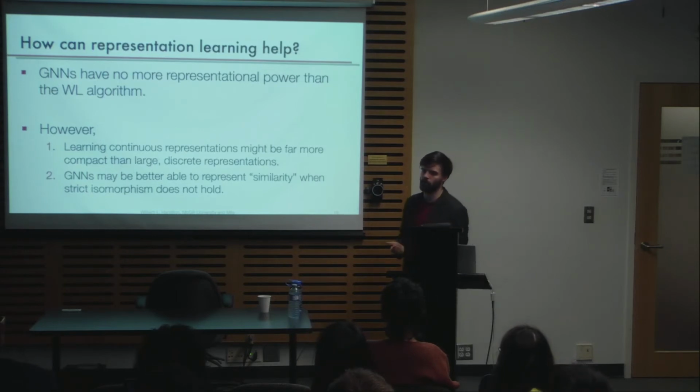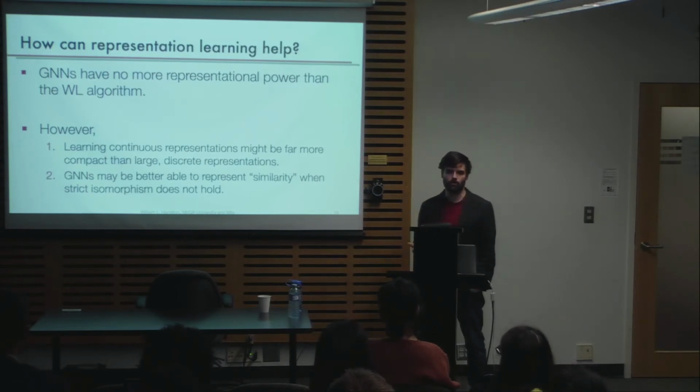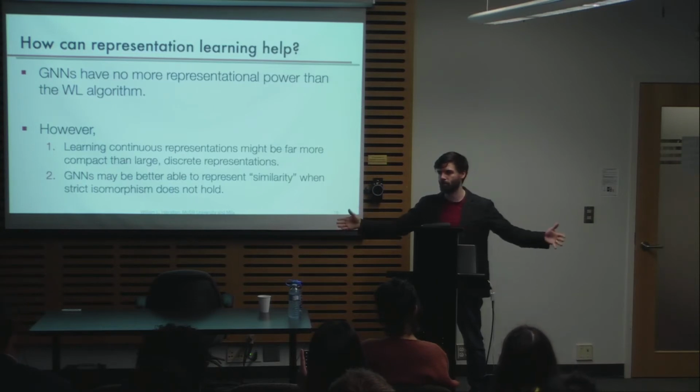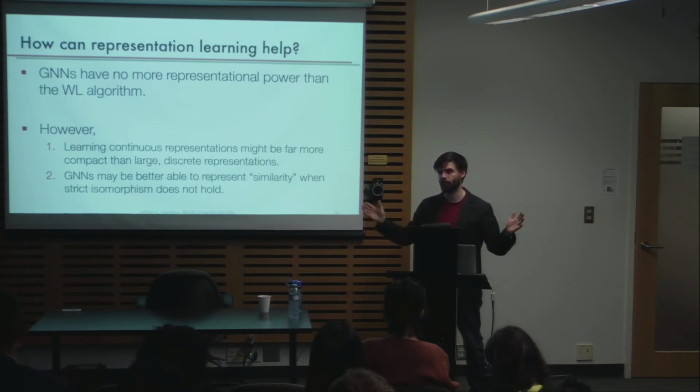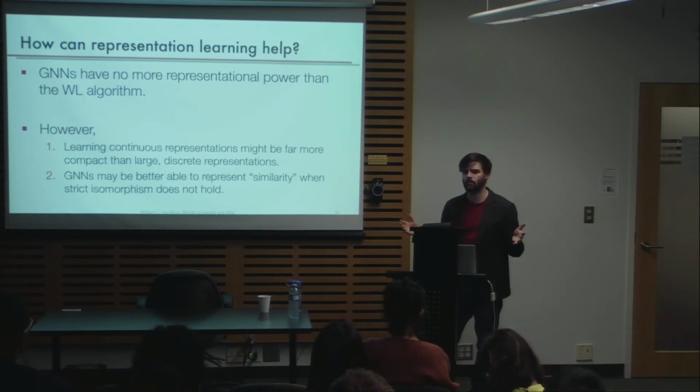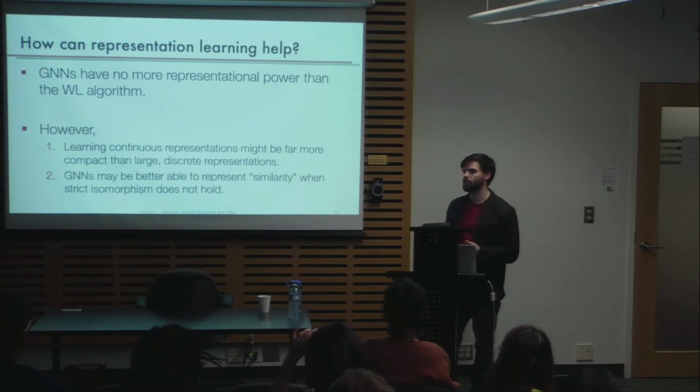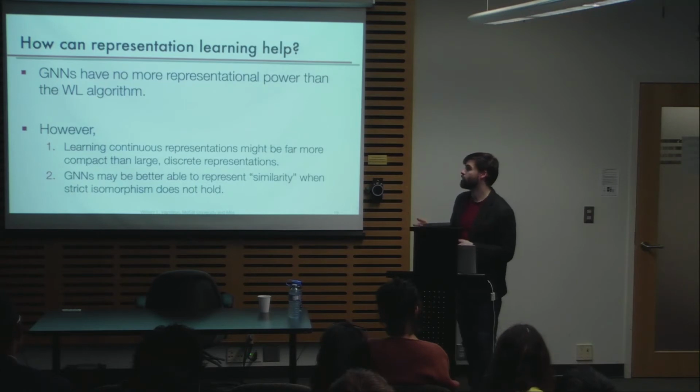So in particular, if you're trying to run the basic WL kernel, what you do is you do this big discrete coloring algorithm on your graph, and you end up with these huge multi-sets that you have to turn into feature vectors in some way, or histograms. And these things can be really big vectors. There's no easy implicit kernel to represent them. You have to use the explicit feature vectors. And it can be kind of messy. There's all these choices you need to make in terms of how you encode these things. Whereas the elegance of graph neural nets is that we're just learning some low-dimensional continuous representation that can approximate the same information. So there's certainly an engineering elegance to them,